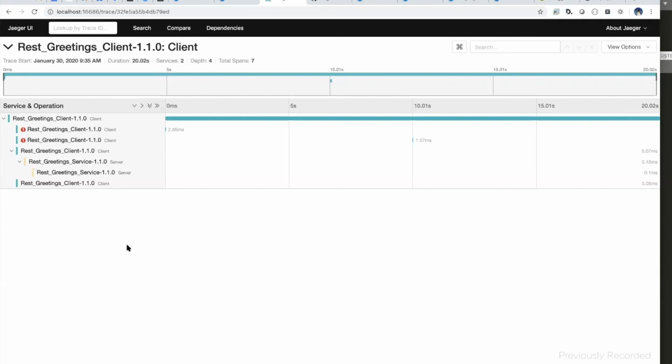Are you asking about the open tracing feature? Yeah, open tracing, sorry, yes. Yes, it will work on TIBCO Cloud Integration. So we are working on that. Currently, it's not enabled, but yes, all these features we are planning to enable on TIBCO Cloud Integration as well.